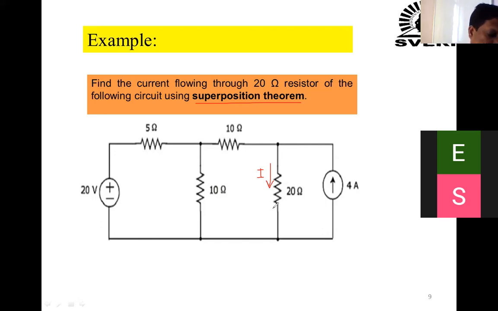And that current is I1. Then next, we can keep this current source as it is, and we can short or open this voltage source. Short. Yes. So when we are keeping this 4 ampere current source, we are going to short this voltage source. And at that time, we are going to find out the current, and that current is I2. So only 2 independent sources are there, which means we get 2 responses, capital I1 and capital I2. So we have to take the algebraic sum and you can get the answer for I. So this is the procedure. Okay, so we can start by applying the first point, that is we keep only the voltage source.